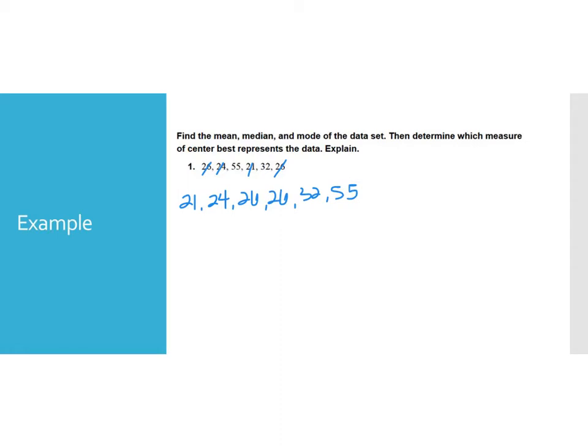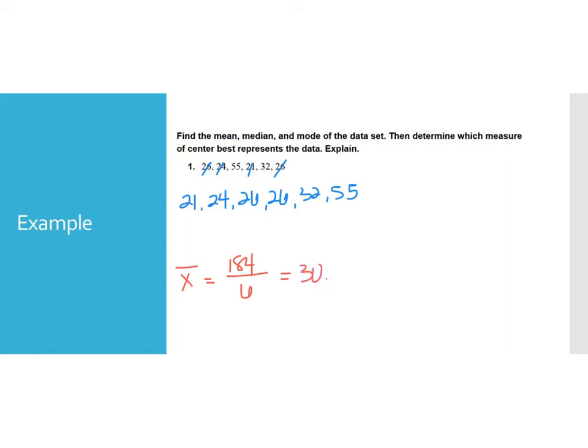One recommendation I usually make to people is to count how many numbers you just wrote, 1, 2, 3, 4, 5, 6, and how many numbers you started with, 6, just because sometimes it's super easy to forget a number along the way. Alright, so first of all, if we want to find the mean, just because it's listed first, the mean is X bar, and we're going to add up all the numbers. Okay, so I have my calculator here. I'm going to do 21 plus 24 plus 26 plus 26 plus 32 plus 55. That answer is 184. I'm going to divide it by 6 because there are 6 numbers there, and that gives